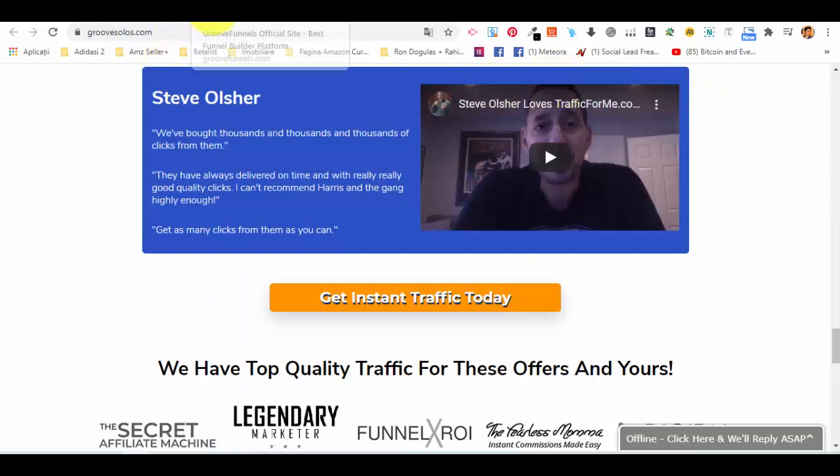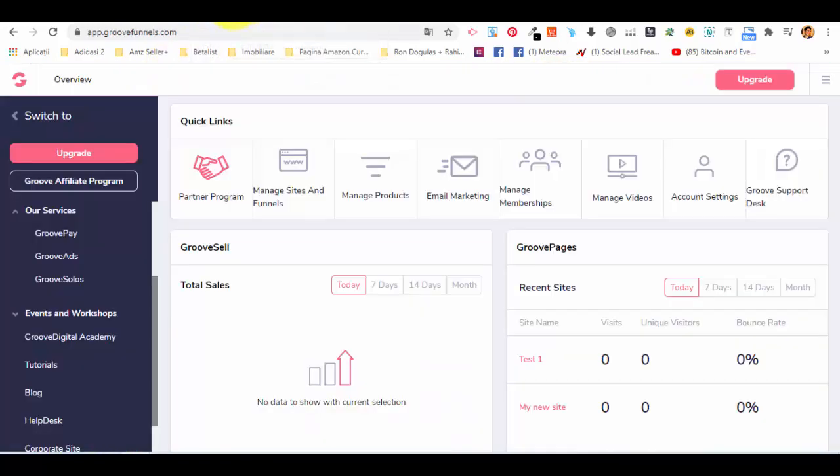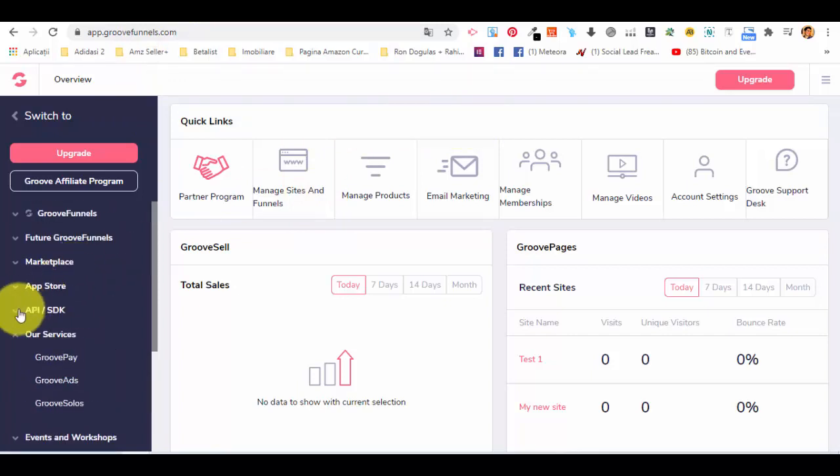Let me go back to Groovefunnels. This is the dashboard. That was pretty much it. This is what we wanted to show you in this introductory course. Obviously, you have many more options over here, but these were the main ones, and these are enough for you to get started to create pages, funnels, products, and to start building your